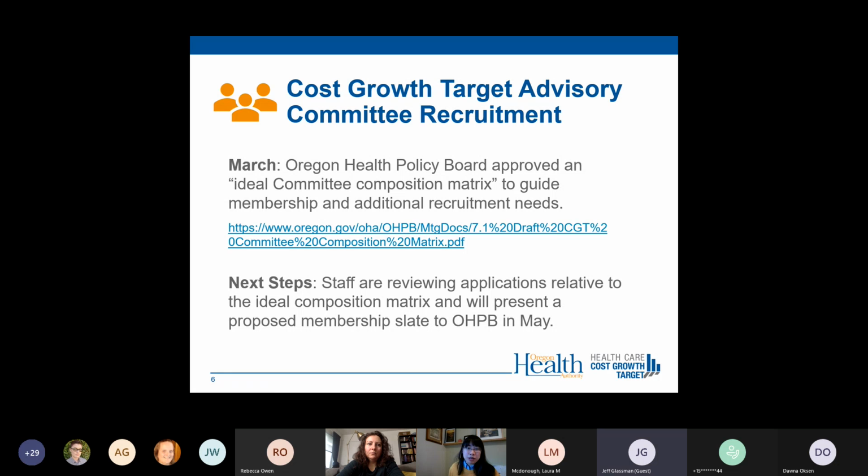And our next program update is about the advisory committee recruitment, and I'll hand this off to Sarah. Thanks. So many of you know we have been in open recruitment for the new Cost Growth Target Advisory Committee since we launched that last September. We've had a number of conversations with the Oregon Health Policy Board about what the right composition for that committee is and what kind of membership we're looking for. This is no longer a legislatively mandated committee, and so there was no legislative direction in terms of what the committee composition should be. So after about 6 months of back and forth with the policy board and recruitment and